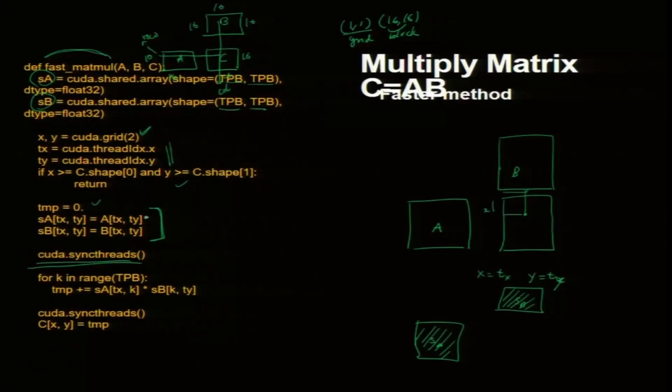I copied it, then do thread sync. These two copies should have been completed by all the threads, so that is what thread sync does. Then I can multiply and get the result, so I am doing SA[i, k] with SB[k, j] here. Is it clear? Now, what is the advantage of doing this function over the previous function? Because the data is in the shared array, this is faster.